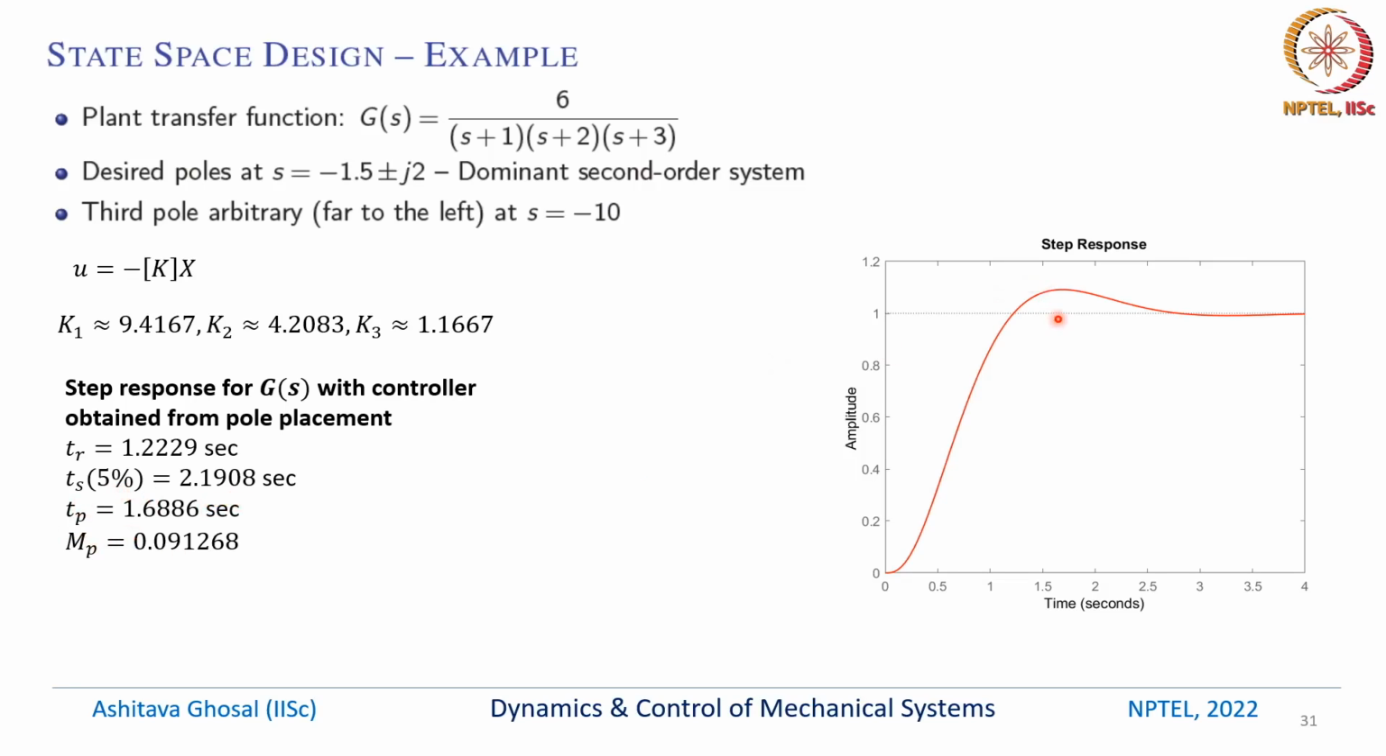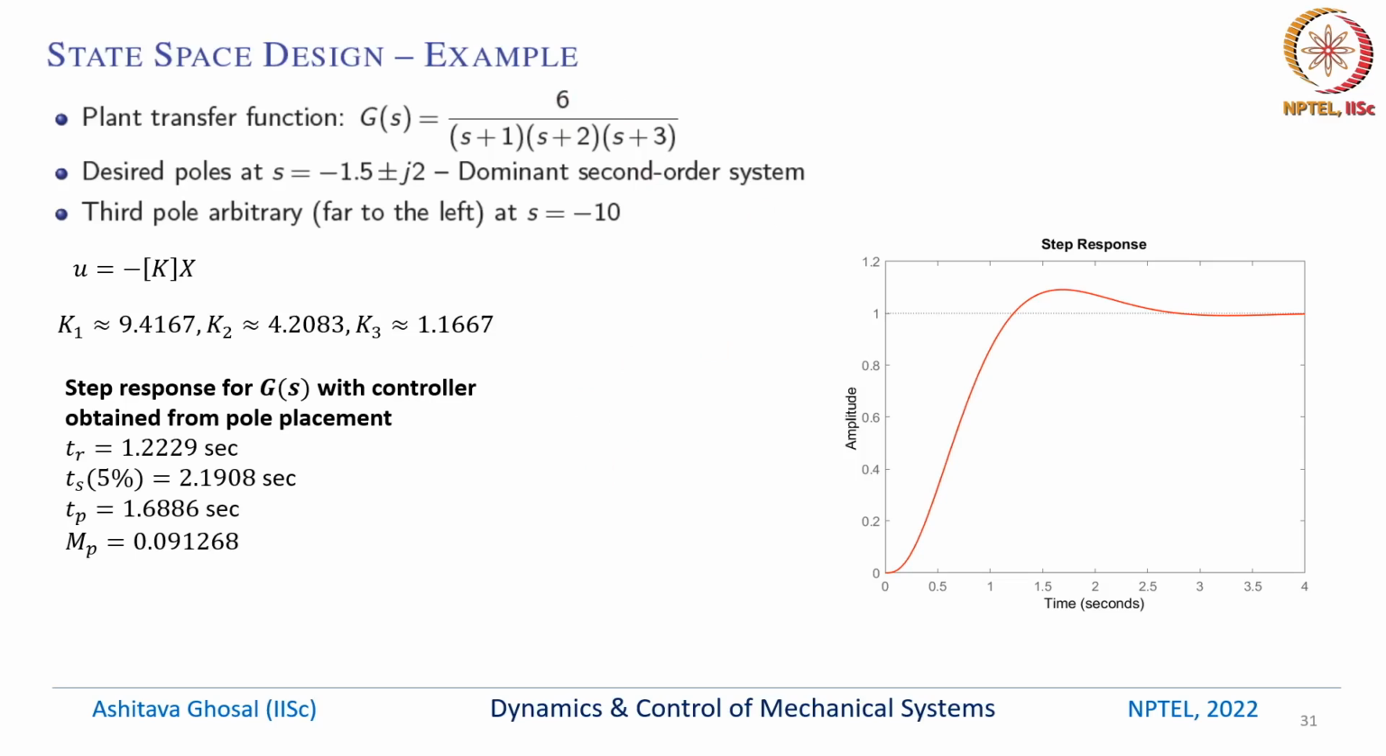The peak time and the peak overshoot are given by 1.69 approximately, and MP is 0.09. Okay. But we had also designed the same system. We had looked at the same system and designed a controller based on compensators. Remember, if you go back and see the results long time back, we had taken the same system